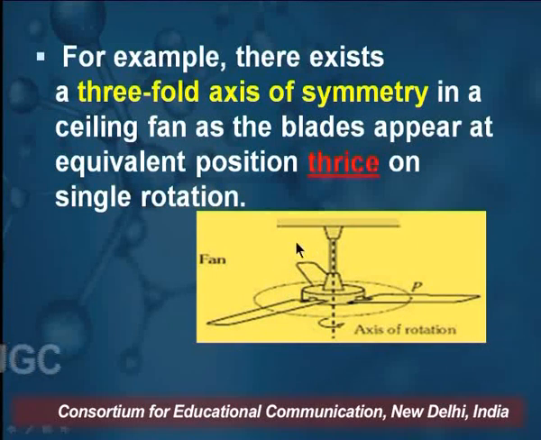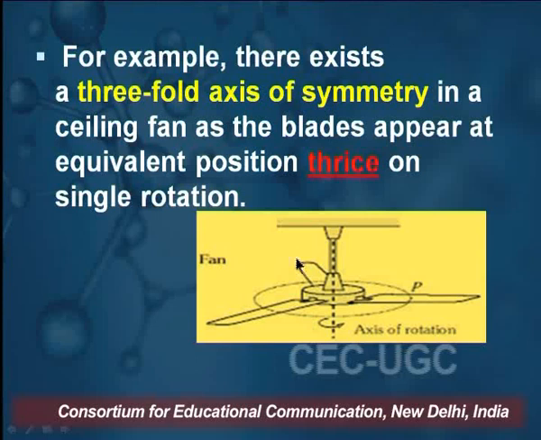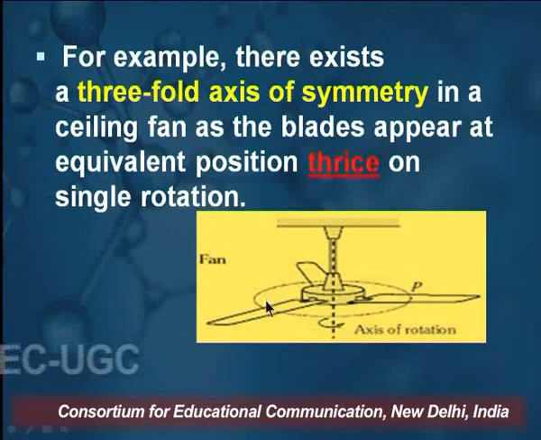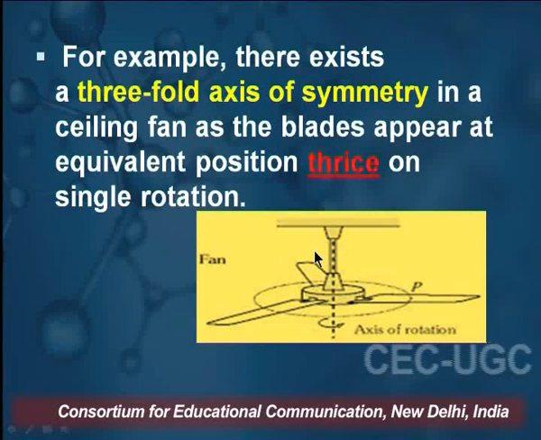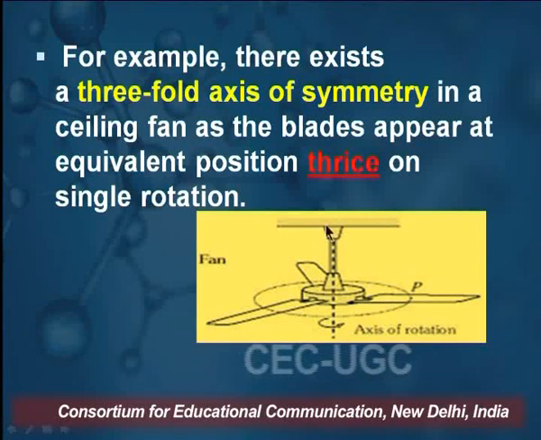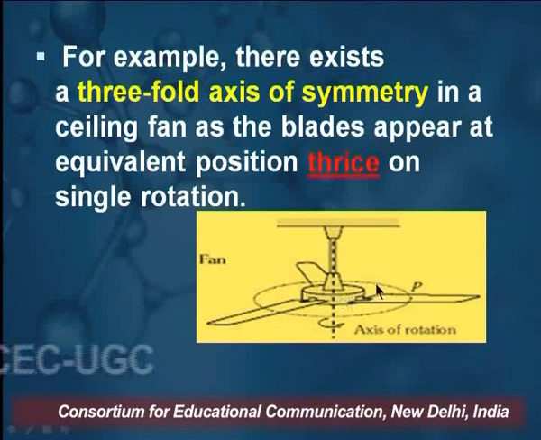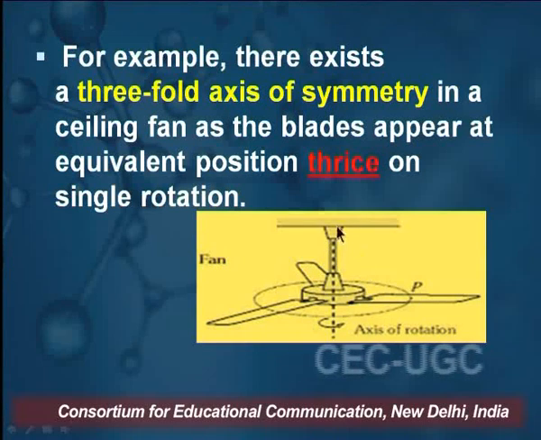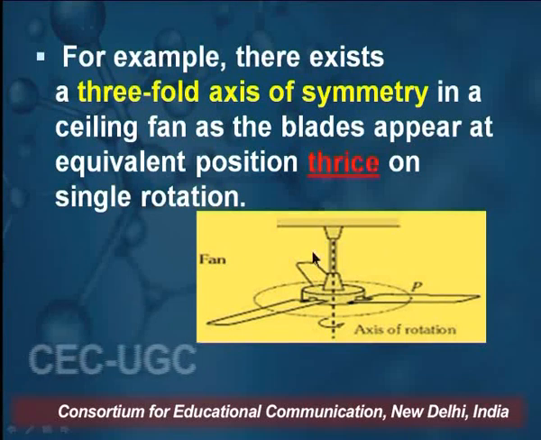So now when we make a rotation of 360 degrees, what we find is that after the rotation of 120 degrees, this blade will come here, this blade will go here, and this blade will come here. So we are getting an equivalent structure. Now we rotate it again by 120. So that means again the blades will interchange, and after 360 we will get the original structure. So that means the blades will appear 3 times at equivalent positions on a single rotation of